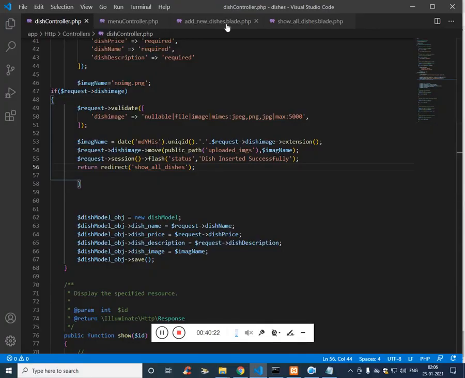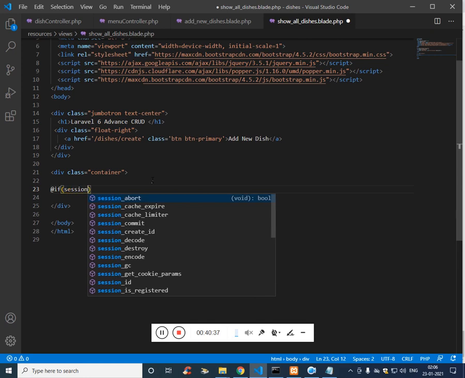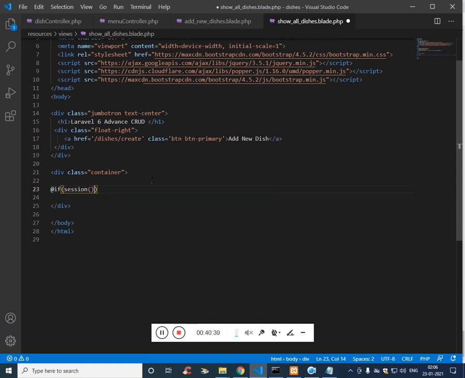Okay, on the index file, after the container, we'll add @if, which is a Laravel template string: if session has the status